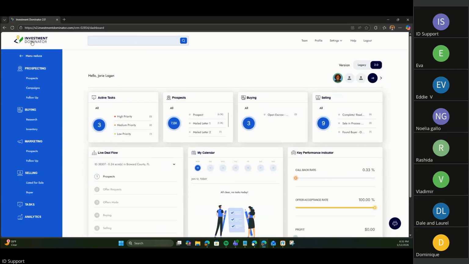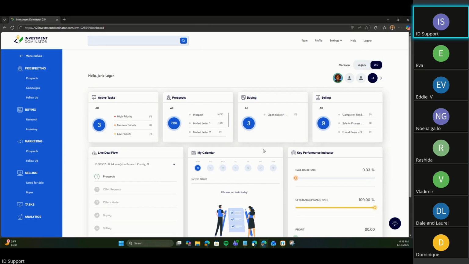So when you're in Investment Dominator, you're in the legacy version, and when you toggle to 2.0 it doesn't come over. Yeah, when I click on actions nothing happens, and I can't figure out how to get our data into the 2.0. But if I click on legacy, it's there. So when you come over to 2.0, you've had legacy before, does it open up to a page that looks like this?